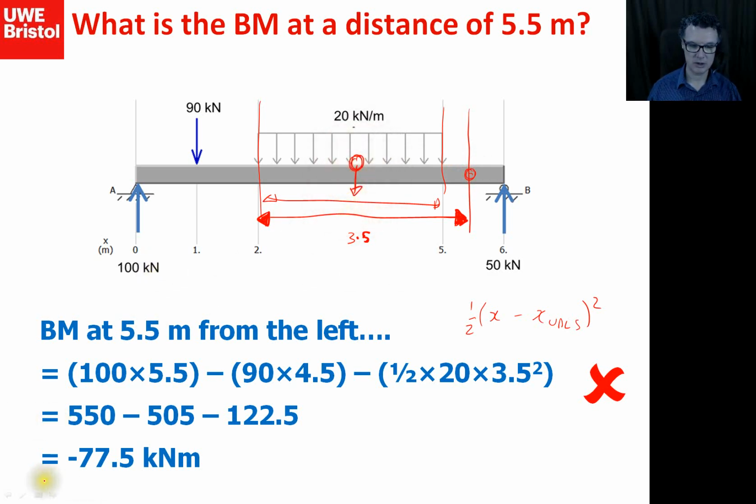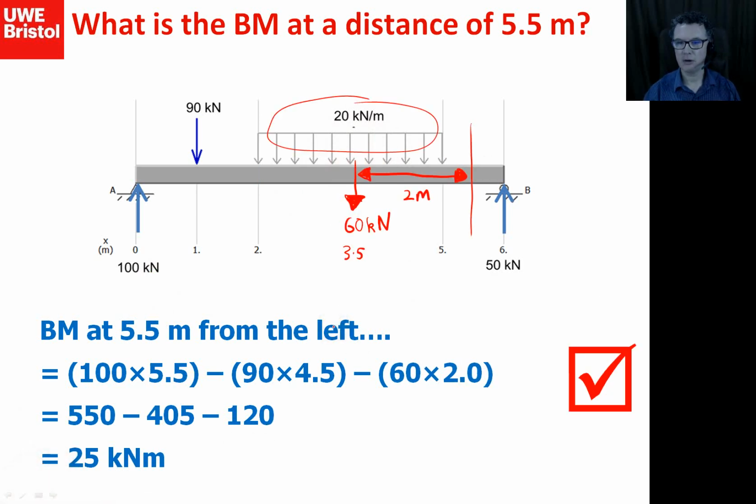So when you move right of the UDL, you've now got to treat this UDL as a concentrated load. How much is it creating as a load? Well, 20 times a distance of 3 meters wide, so it's going to create a total of 60 kilonewtons. Then I have to work out, and this is where a lot of people go wrong, where the center of my UDL is. Well, it's 3 meters long, so 3 meters divided by 2 equals 1.5, and then we've got 2